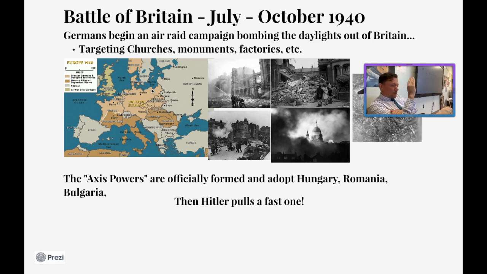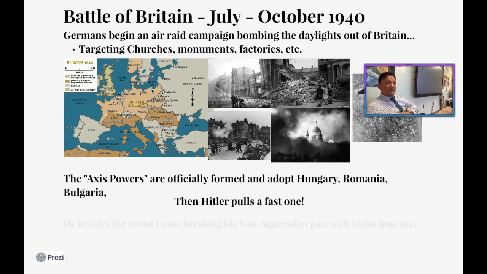But then we hit a massive turning point in this war. I'm talking about the turning point of all turning points. If Hitler and Mussolini had not been stupid, and also Hitler was doing a lot of meth at this time, so it probably is affecting his brain, the thing about it is they had not been so dumb, and had they read a history book or two, they would have never done what they decided to do.